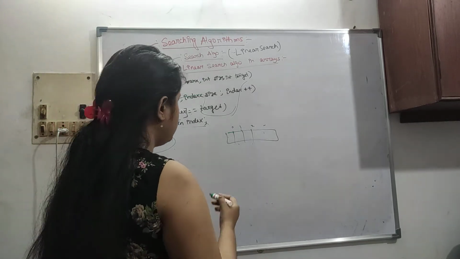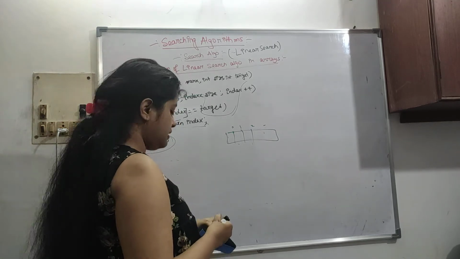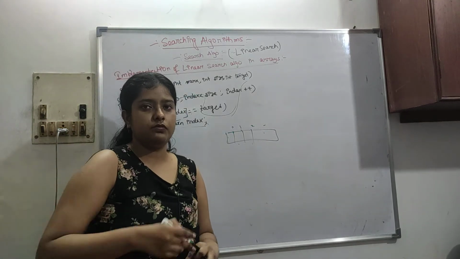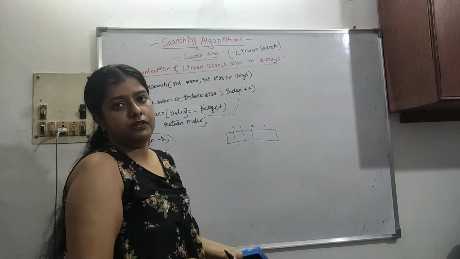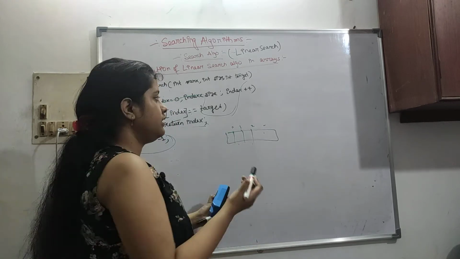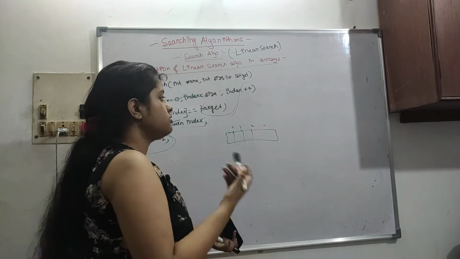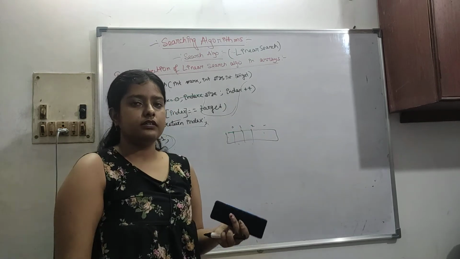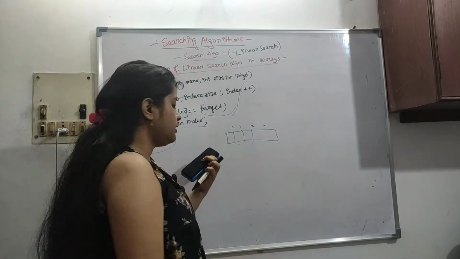Okay. So now we will see the time complexity. I hope this is understandable to you. It is nothing much, just sequentially searching, and if it is found, we tell which index it is found at, or if it is not present, just say this is an unsuccessful search. Return something.